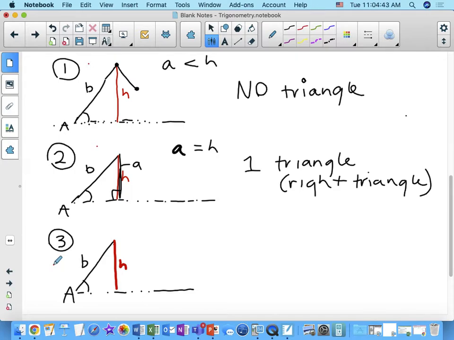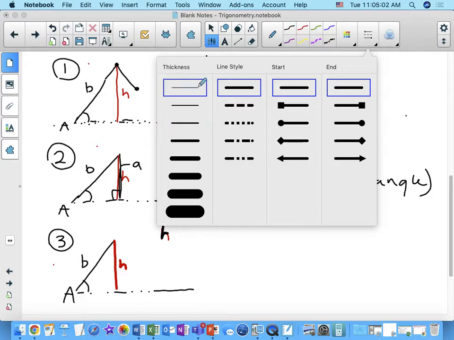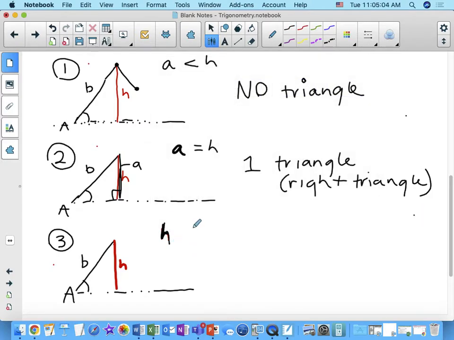The third possibility is that side A is in between the height and side B. Okay? Oh, wait, I want to switch back to black. Ugh. This board is driving me nuts. Okay. So if side A is somewhere in between the length of H and the length of B, okay, it's longer than H, but it's shorter than B,